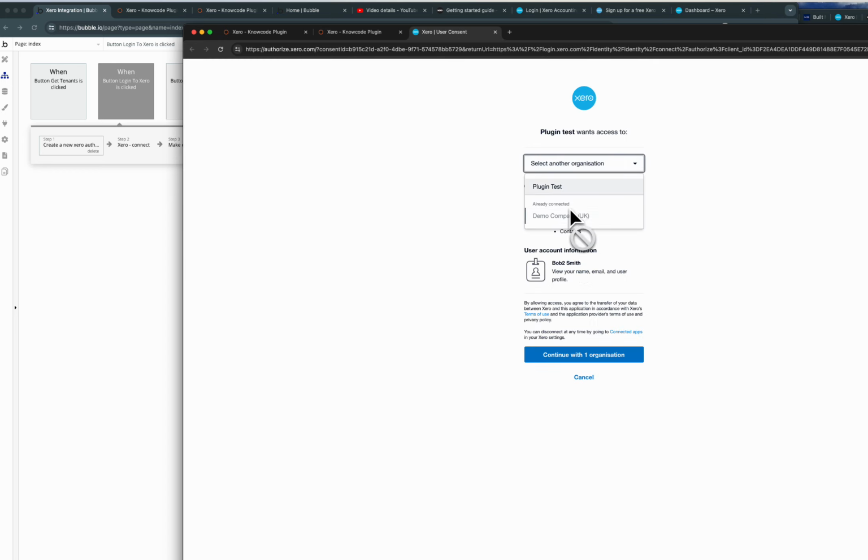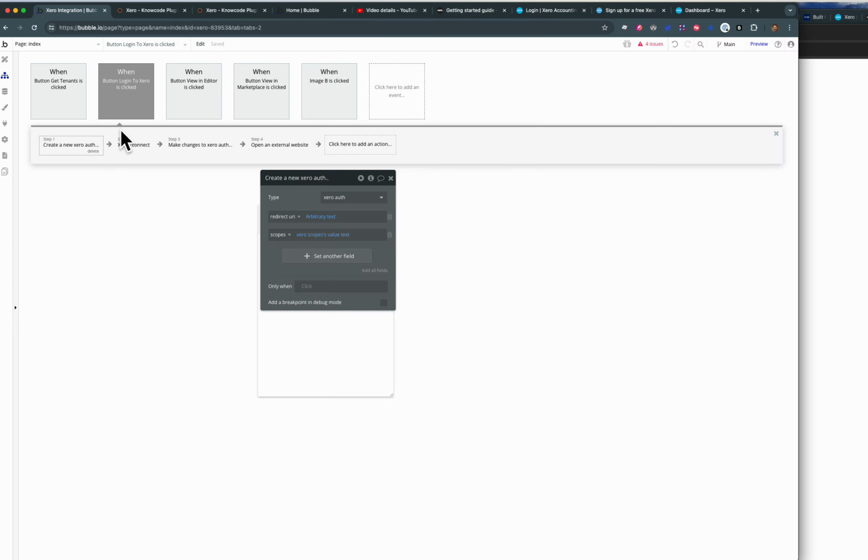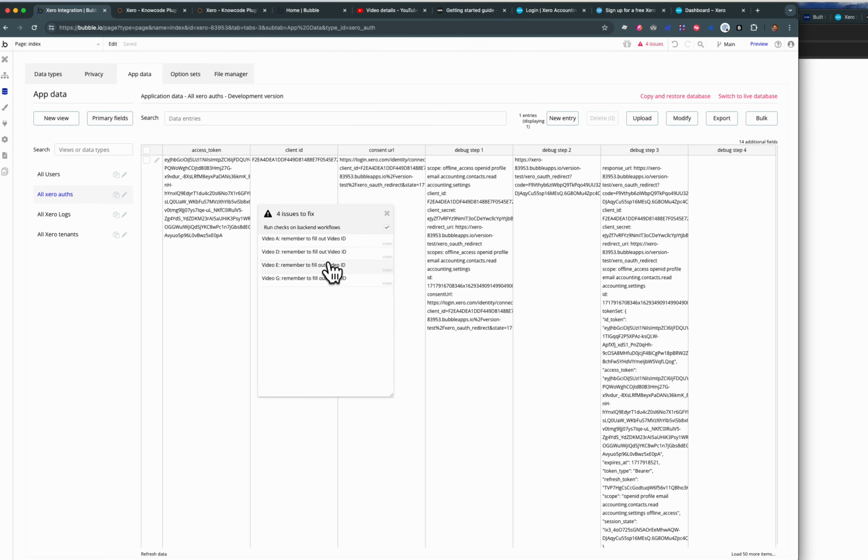and we'll select an organization, we'll select the demo company, and this is what I've asked for in the scopes. And I'll continue, and I've been redirected into here. So what has happened is after we authenticated to Xero, Xero sent a request back to the Xero auth redirect page. We captured that and processed the data, and we have in our database now, we have an access token, and